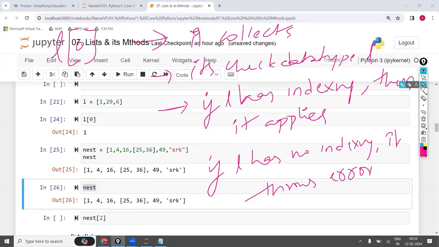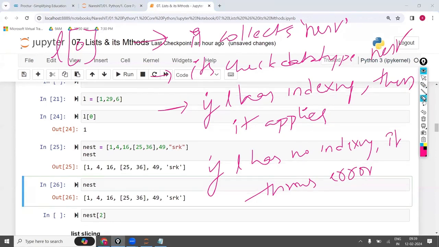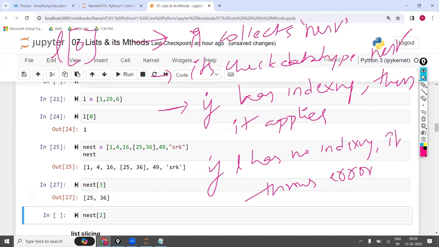So first it collects what is nest. After collecting the nest, it checks the data type of nest. What is the data type of nest? It is a list data type. Since the object the variable name holds has the indexing, it is going to apply the indexing on this. Applied.